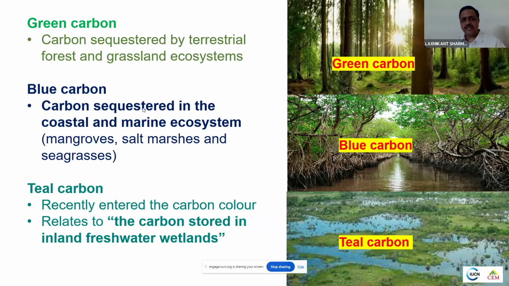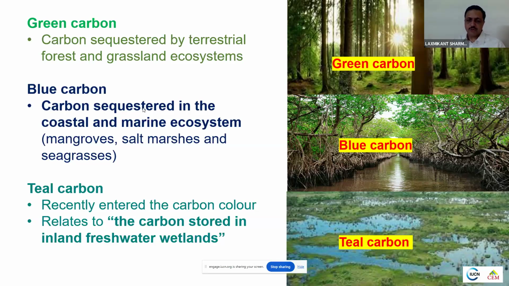So both the carbons, green and blue carbon, are extensively used in our scientific community, and a lot of research work has already been done in the field of green carbon and blue carbon. But now we are describing one more carbon type, that is teal carbon. Basically, it is a recently entered carbon color and relates to the carbon stored in the inland freshwater wetlands. So that comes under the inland freshwater wetland, and the carbon stored in that particular ecosystem is referred to as